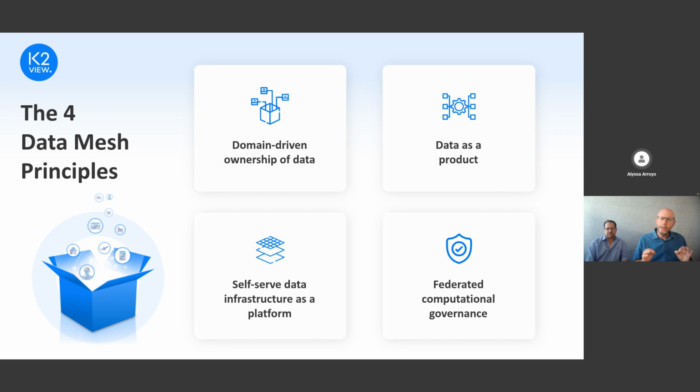Data mesh puts the control of the data in the hands of the people who are closest to the data, which means the data owners, the local business domains that need to access the data. By this, data mesh delivers the business agility which is so much needed for this group of people, and accelerates time to value. So this is the first and primary principle of a data mesh.